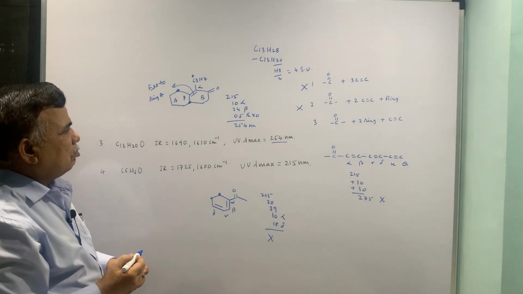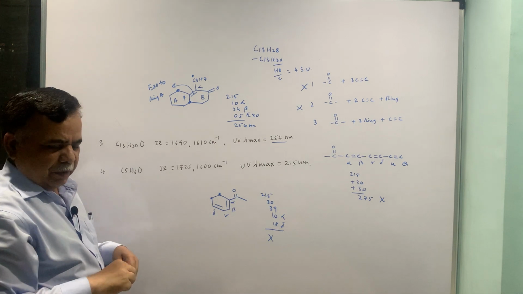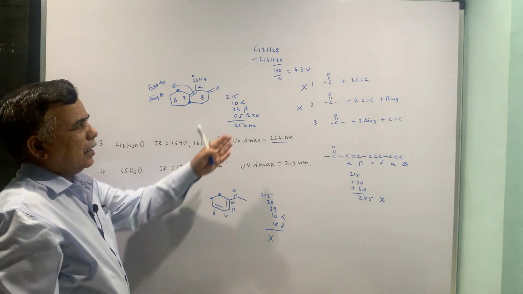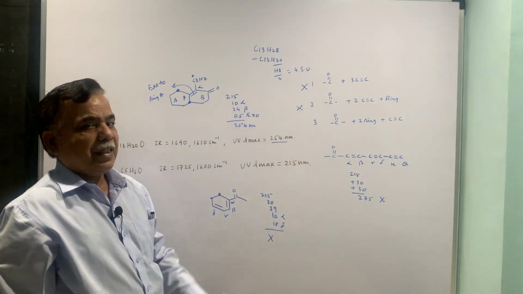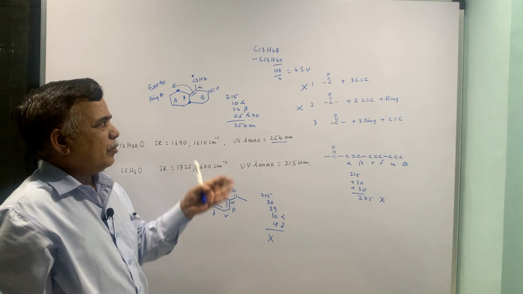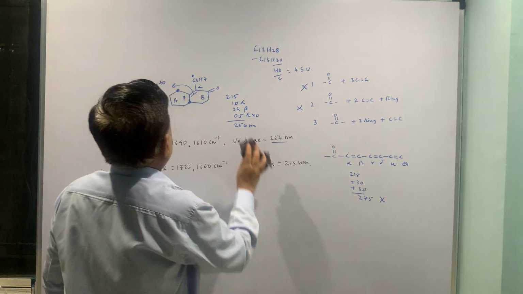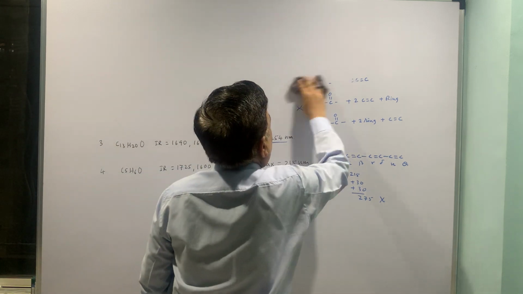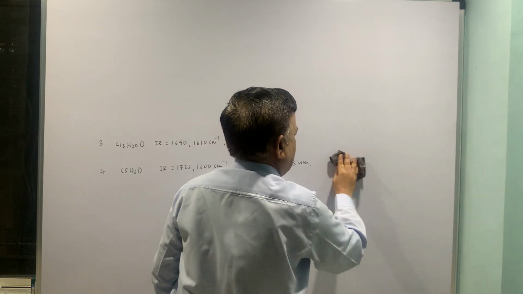So 249 plus 5, 254, that is the correct structure. So first of all you have to learn like that, how many possibilities are there, and one by one you can rule out initially. If you are smart enough, you can directly go to third. Now the next example,